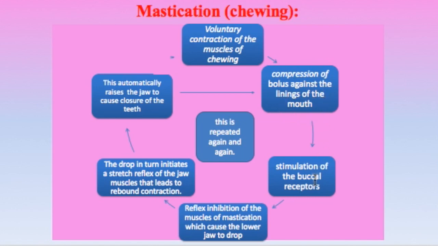This results in stimulation of the buccal receptors, and this stimulation will cause reflex inhibition of the muscles of mastication, which causes the lower jaw to drop, and this drop in turn initiates a stretch reflex of the jaw muscles that leads to rebound contraction, and this automatically will raise the jaw to cause closure of the teeth,